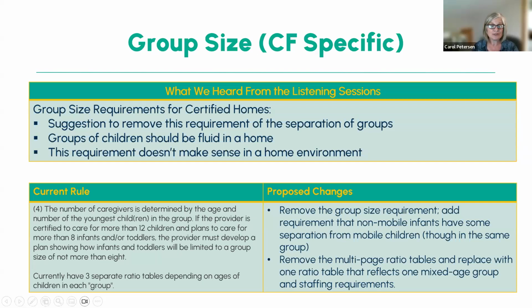So we want to acknowledge the unique differences between a home-based environment and a center environment, because the two are very different. As we heard from the listening sessions, a home allows for children to be in a mixed age environment with younger and older children in the same space. So that allows for more fluidity throughout the day, children to come together, and it allows for younger children to learn from older children. The suggestion we received was to remove this requirement of the separation of groups because it just didn't make sense